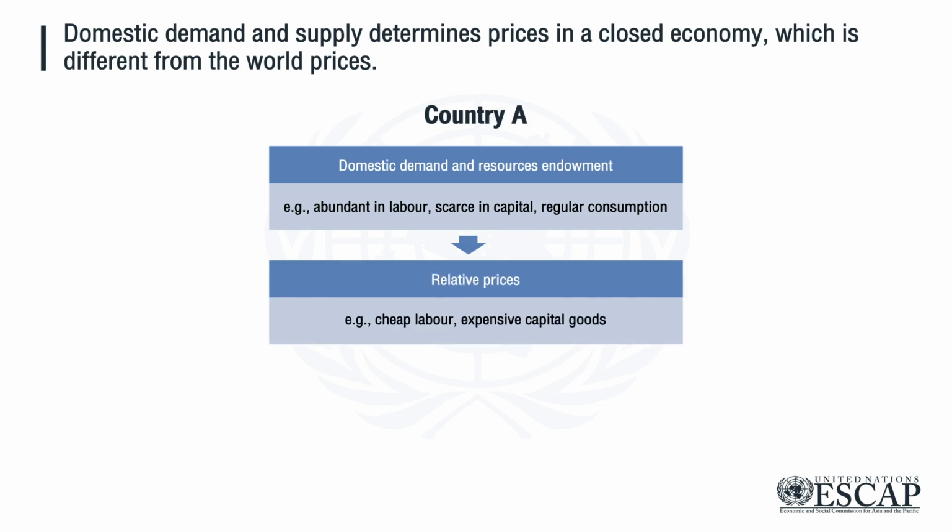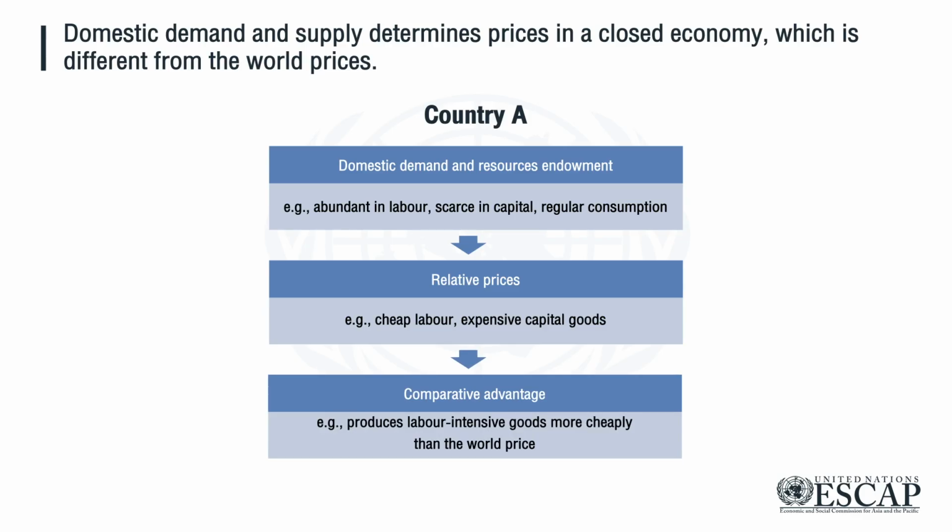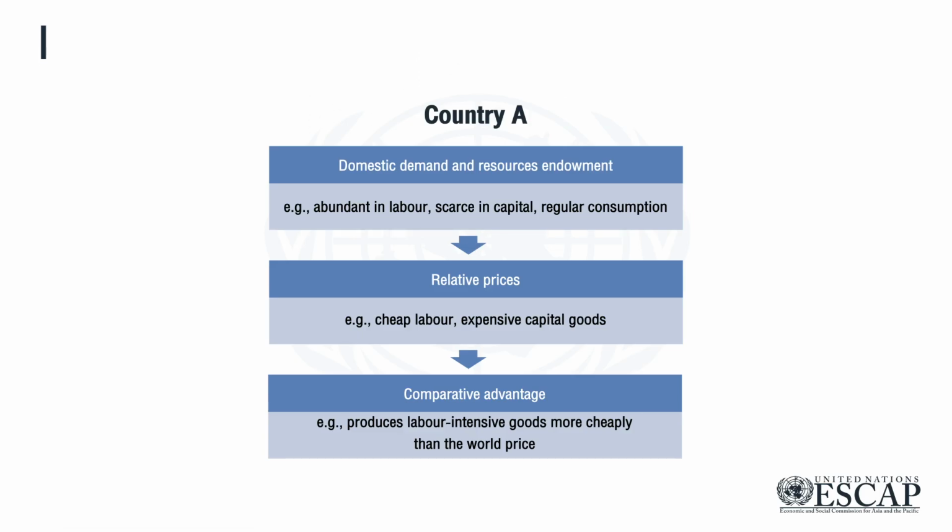The rest of the world, taken as a whole, has different resource endowments and different patterns of demand to those of any single country. It follows that prices that prevail in world markets most likely differ from those in our non-trading economy. These price differences provide all countries with the incentive and the opportunity to gain through trade and specialization. This is the doctrine of comparative advantage.